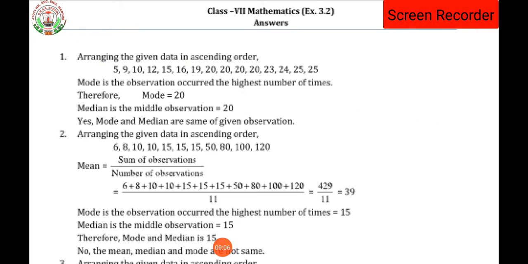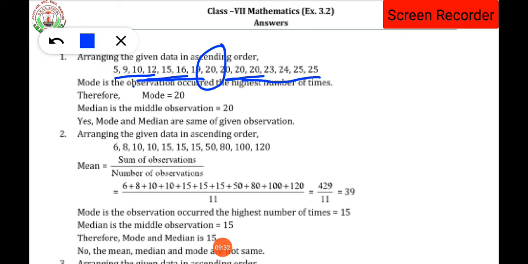So I will show you how to do that once again. These are 4 numbers, and from here again 4 numbers from the left and right side. Then 1, 2, 3, 4, again 2 numbers from the left-hand side, then 2 numbers from the right-hand side, then again 1 number from each side. That means you have to find the middle number. What is the middle number? It is 20, isn't it? So the median is the middle observation, that is 20. The one at the center, with equal numbers on both sides, the center number will be the median. This is the first method.